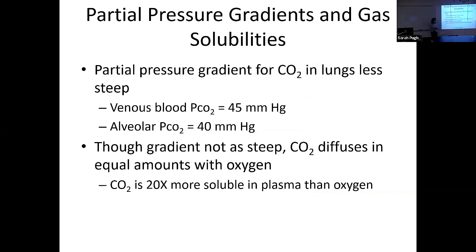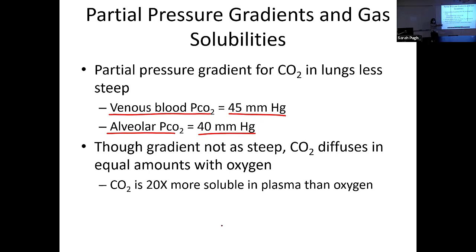CO2 is a little different. CO2 does not have nearly as steep of a pressure gradient. What we find is the amount of CO2 in your veins is 45, and CO2 in your alveoli is 40. This is not as steep, but there's still a gradient. So CO2, again, is going to move from high to low. So where you have more is in your bloodstream. Where you have less is in your alveoli. So CO2 is going to go from your bloodstream into your alveoli, and you're going to blow it out of